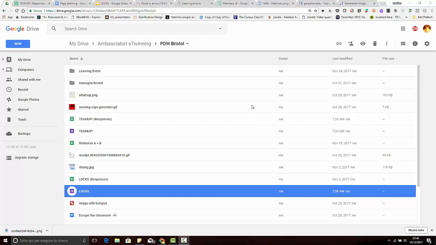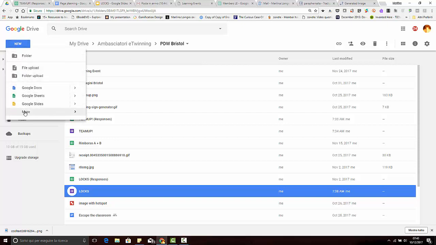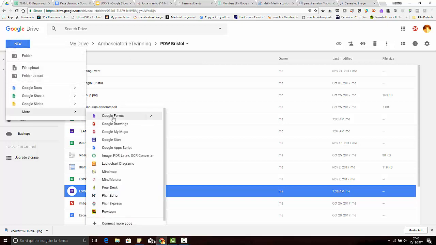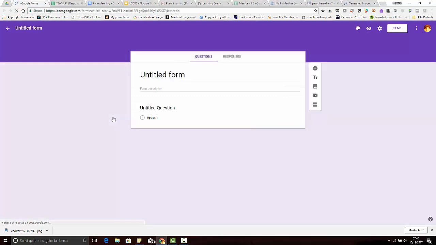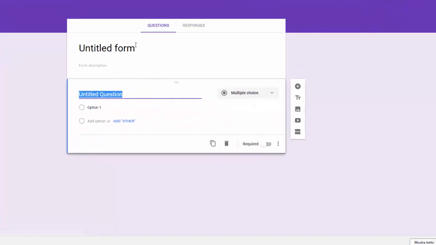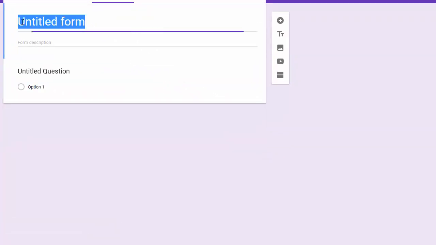Let's see how we can create these locks in the virtual world. Okay, what I use is Google Forms. It's very easy. Many of you would certainly know it. And the way I do it is, well, usually I write here